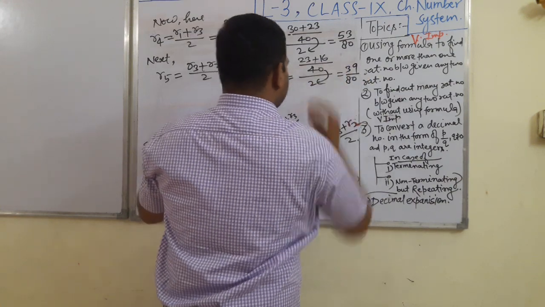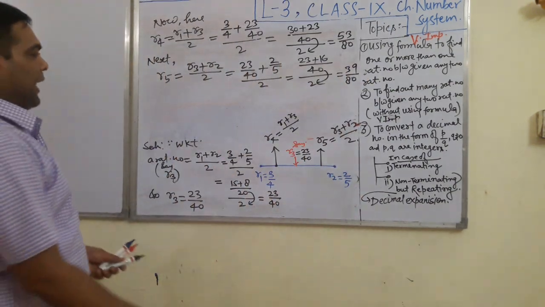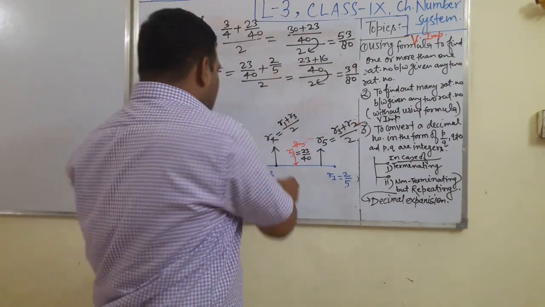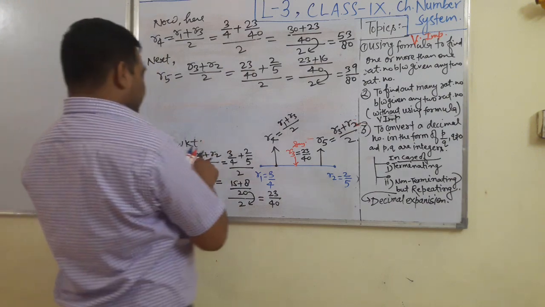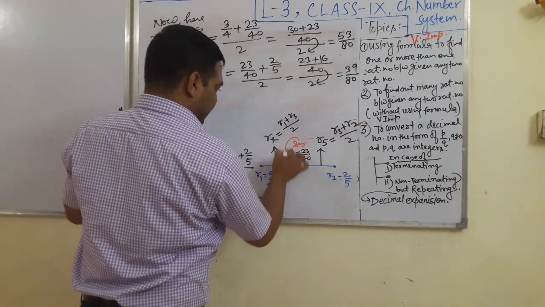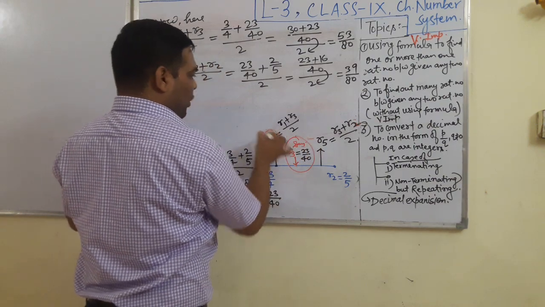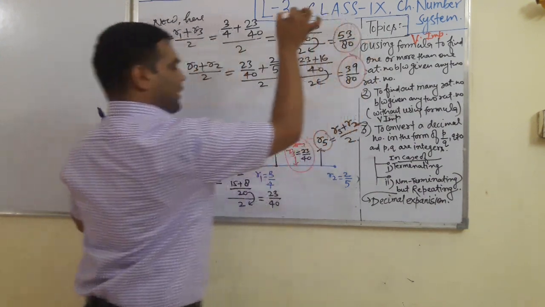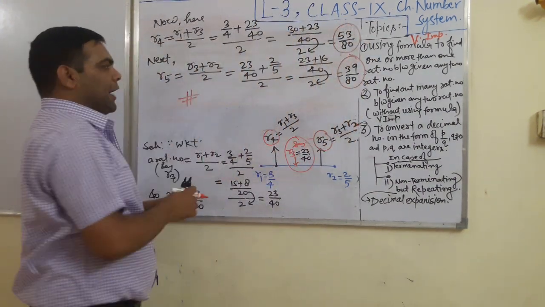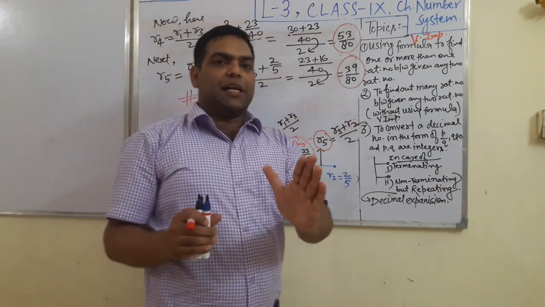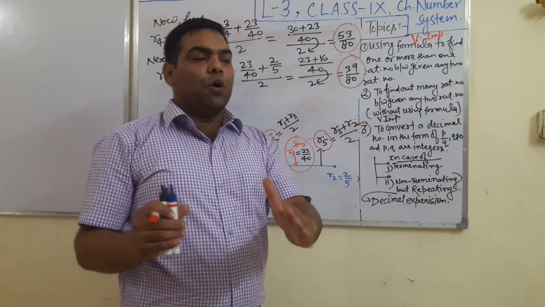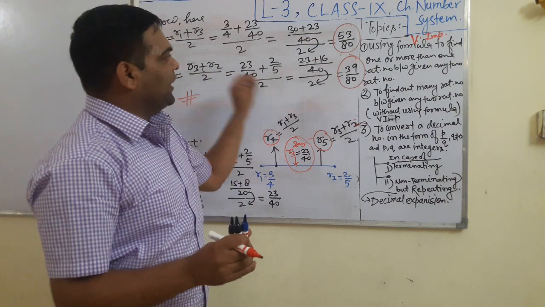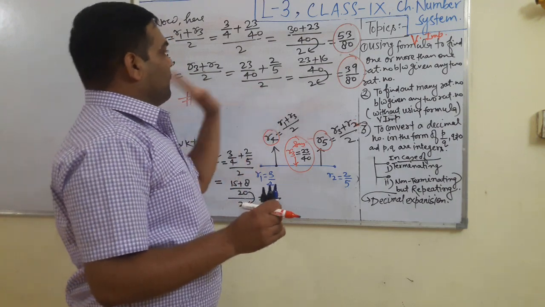So in this way, students, we have three rational numbers with the help of the formula between R1 and R2. What are these, students? This is R3, this one is R4 and this one is R5. In this way, with the help of the formula, we have found one rational number between any two given rational numbers, and also more than one rational number between any two given rational numbers. I hope, students, it is clear to all of you.